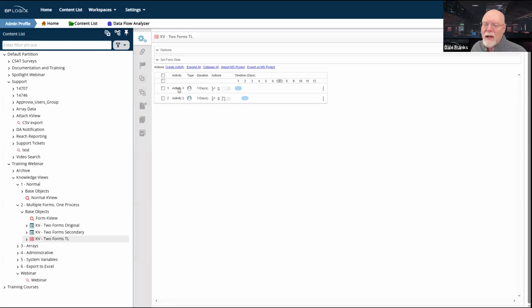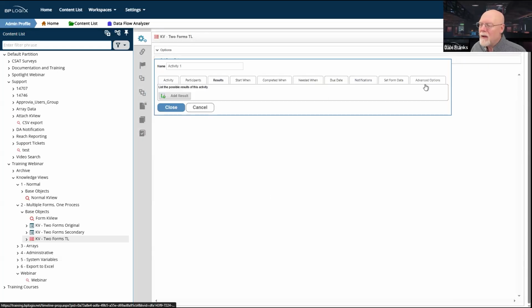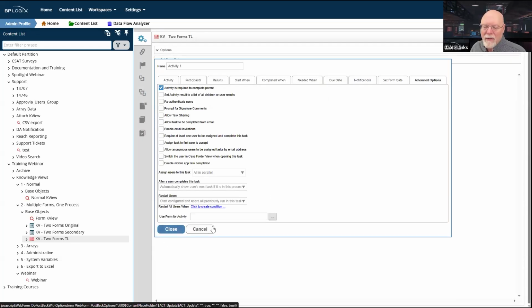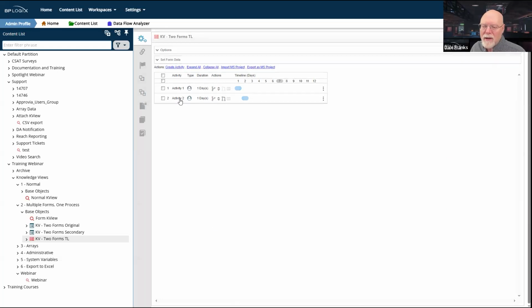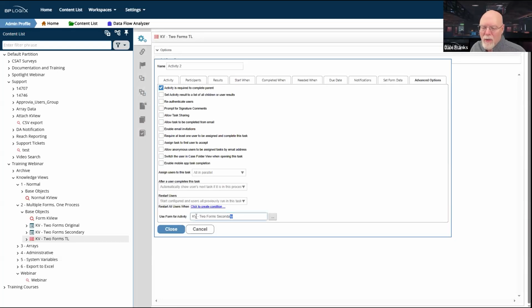I have activity one, and activity one has no changes. Activity two, I believe, is the one where I have a secondary form. So when you look at activity two, it calls the second form KV, two forms secondary, and it uses that form for this specific activity. I did this because this is the quickest way to do it.